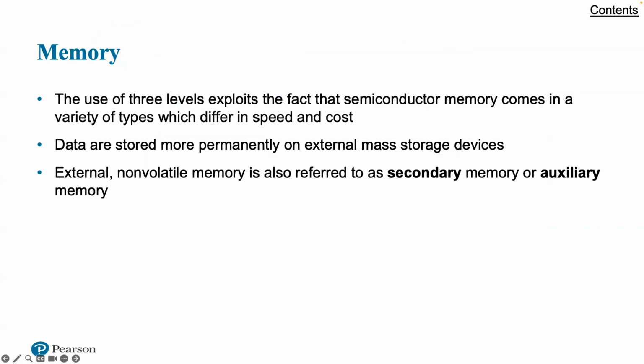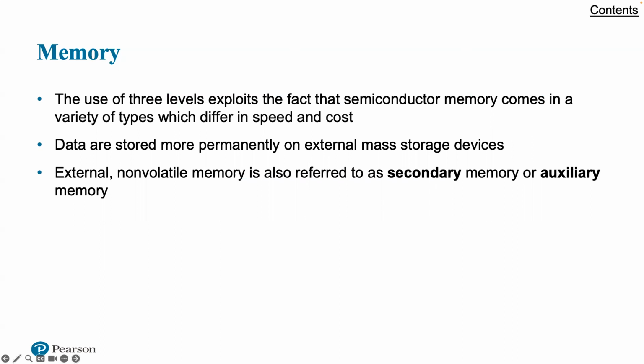So let's talk more in detail about memory. The three forms of memory just described are typically volatile, employing semiconductor technology. The use of three levels exploits the fact that semiconductor memory comes in a variety of types, which differ in speed and cost. Data are stored more permanently on external mass storage devices, of which the most common are